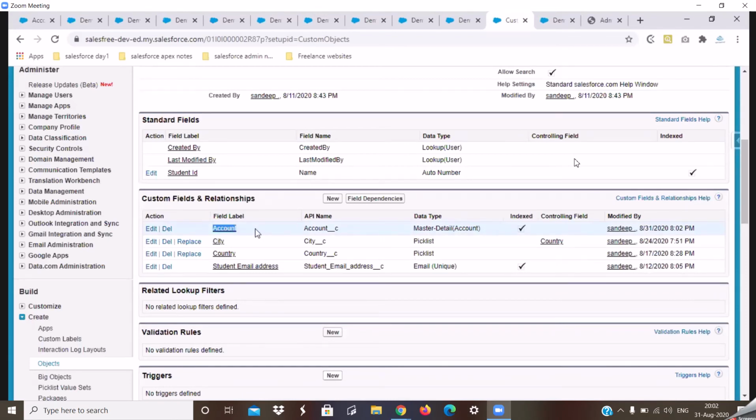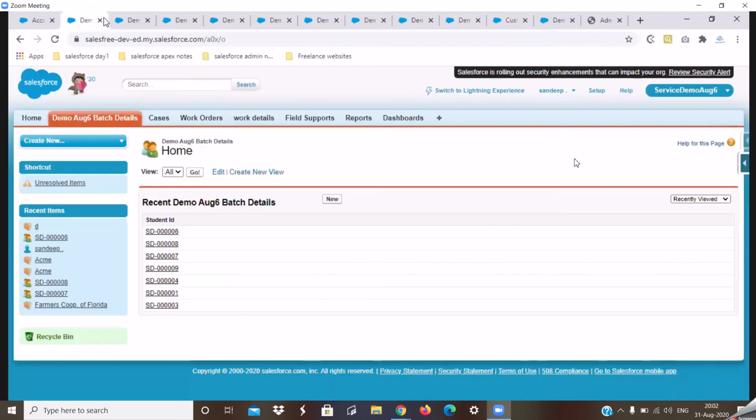If I revisit the custom field again, it would say that this field account, which has the API name account__c, was updated with the latest data type, which is nothing but master detail. Earlier it was lookup, now it has converted into a master detail. To which object? To the account object. Alright. So now we have updated this process of converting the lookup relationship to a master detail relationship.